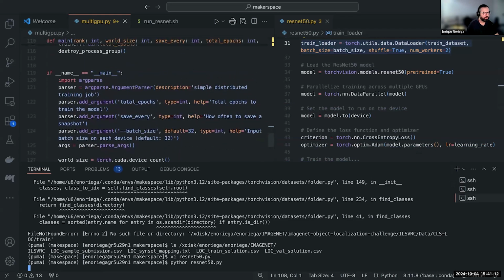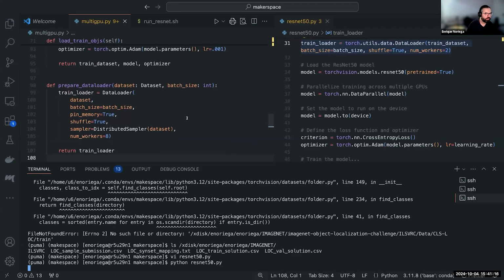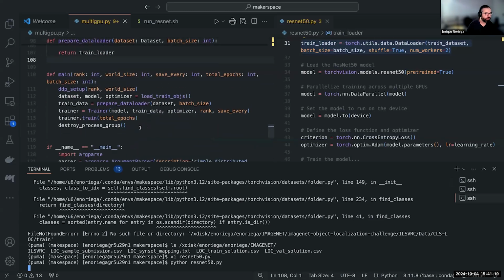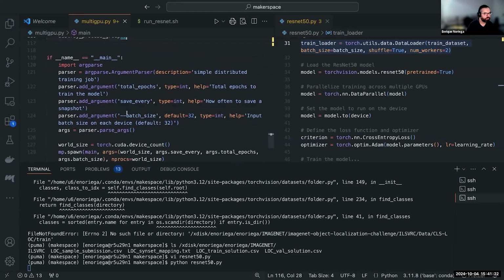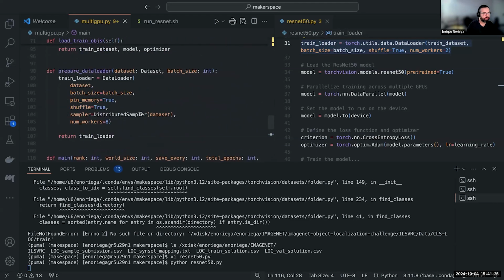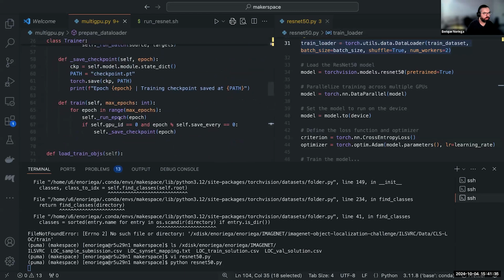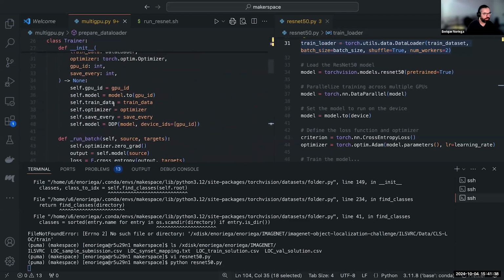But meanwhile, we adapted this file, and once we verify that this works, we're going to run this other one that has the multi-GPU. So the important part here is that the data loader was augmented using the distributed sampler. And when you read it, you will see that the model itself is wrapped in this DDP class. The DDP class stands for distributed data parallel. And what it does is that PyTorch has hooks in it, such that whenever it's doing the forward and backward passes,